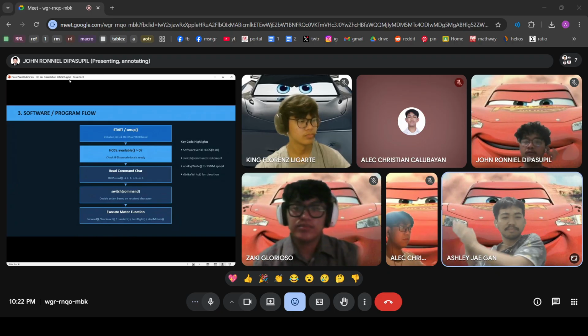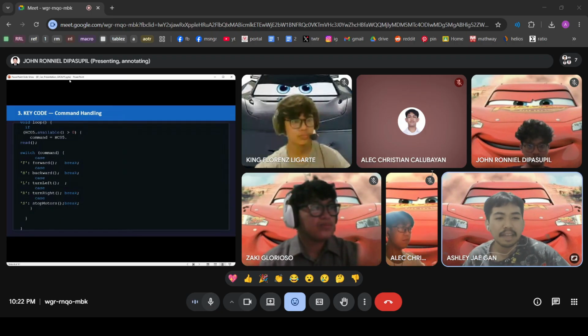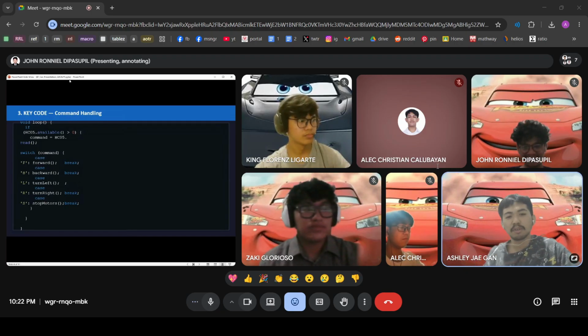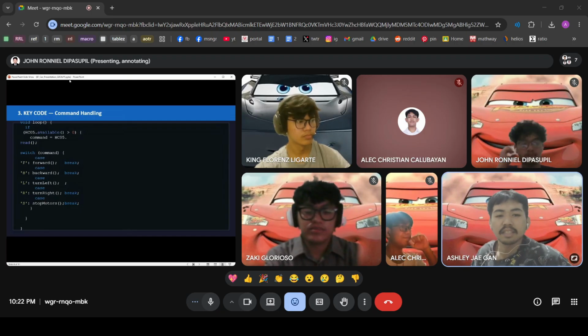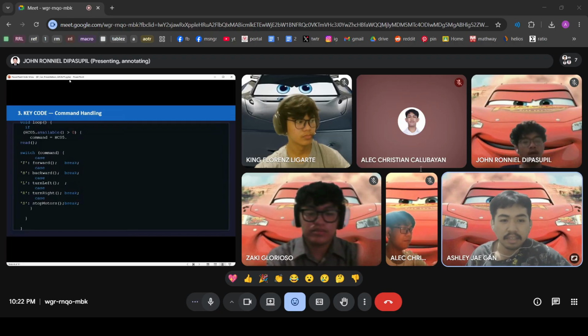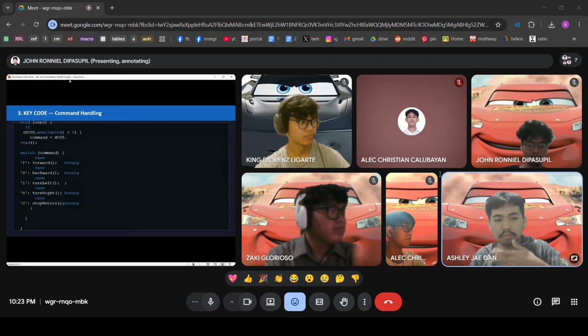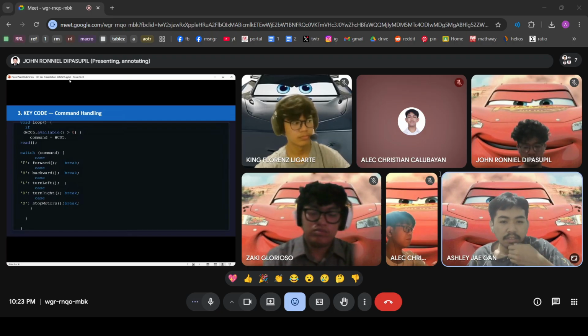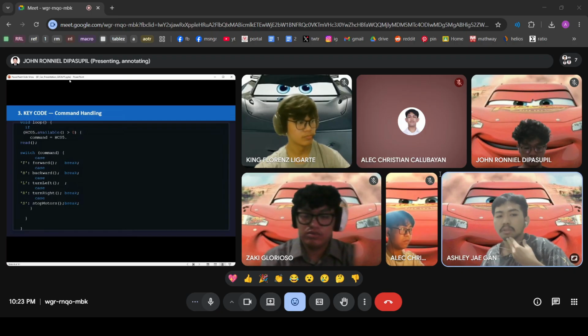Next slide, please. The command handling section of the code is responsible for interpreting Bluetooth inputs and translating them into movement actions. The SoftwareSerial HC05 line with pins 9 and 10 creates a communication channel between the Arduino and the module. Inside the loop function, the Arduino continuously checks for incoming Bluetooth data. Once a character is received, the switch statement evaluates the command and executes the corresponding motor function,